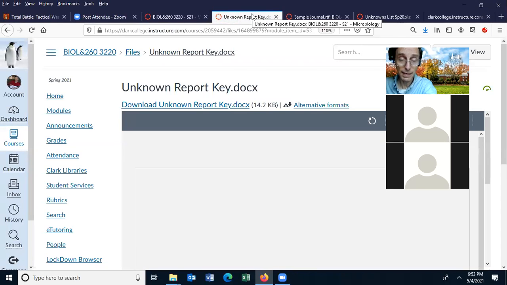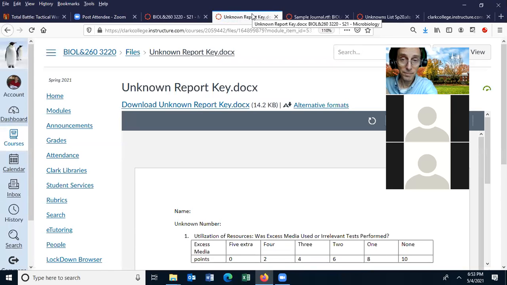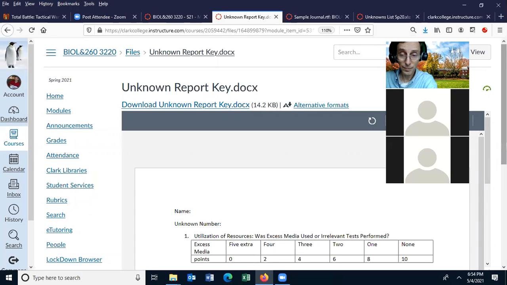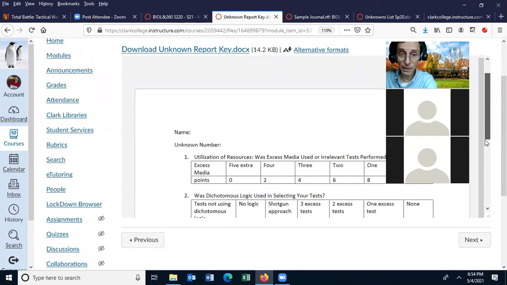Obviously you have to have the body, you have to have the in-text citation, you have to have the formal citations, you have to have a paragraph discussing the bacteria, and you have to have a table going through how you identified your unknown bacteria. So all of those are required, but